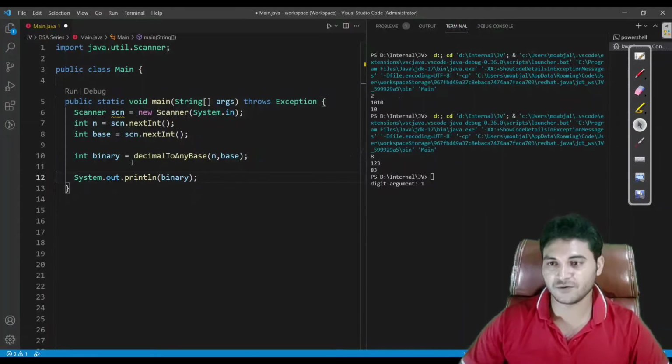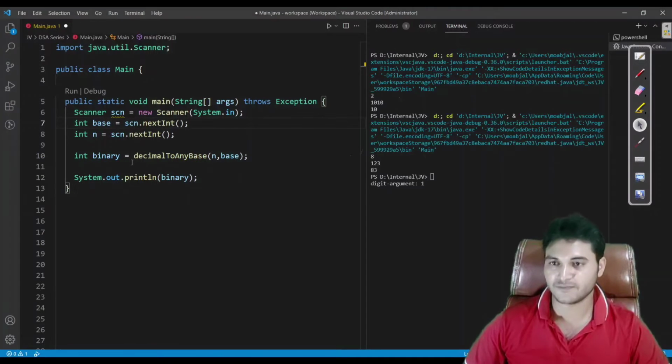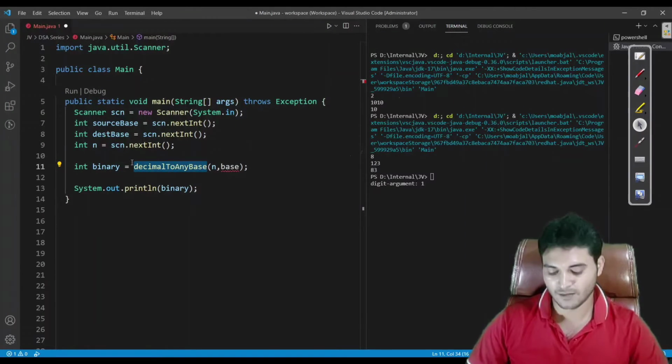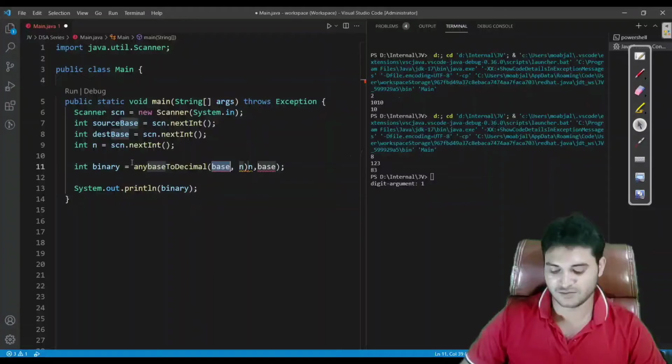So here what we have to do, firstly we would take inputs from the user. What we would take from the user, we would take the source base from the user, and we would take the destination base also, dest base, and at the end we would take the number also, and we would make a method called any base to any base.